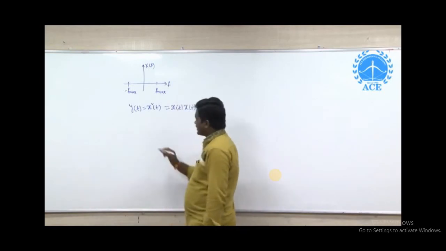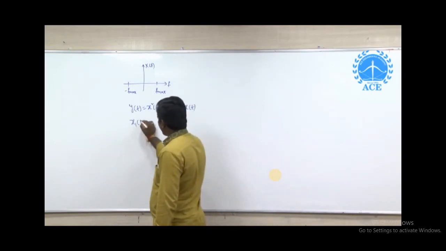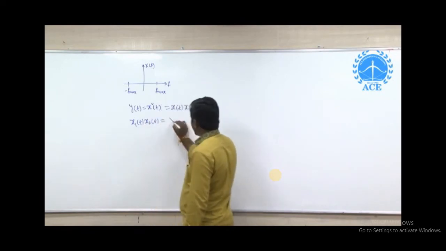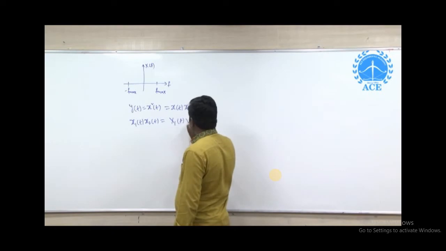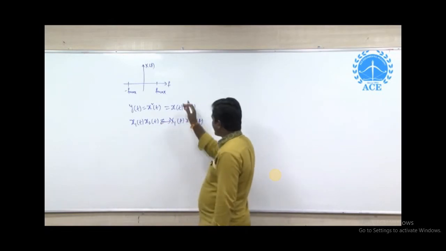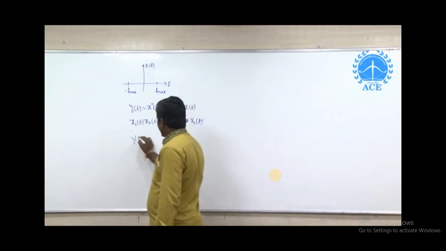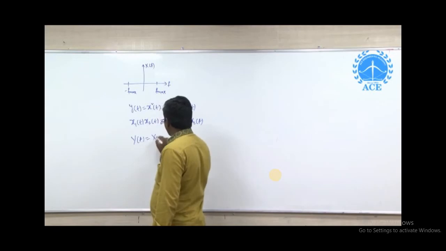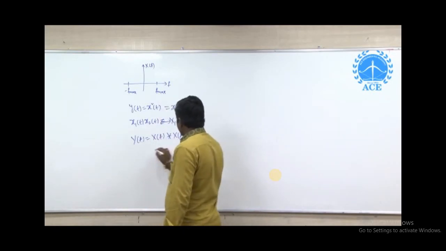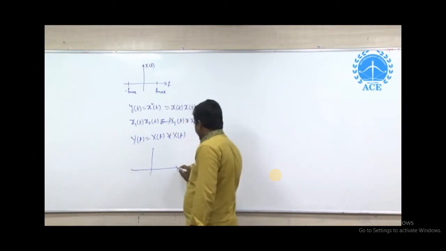So we know that from the multiplication in time domain property, x1 of t into x2 of t is equal to, I can write this as x1 of f convolution x2 of f. So if I apply Fourier transform, and apply this property to the above equation, then y of f is equal to x of f convolution x of f. So if I draw the spectrum for y of f,